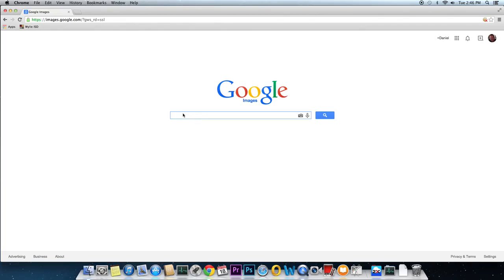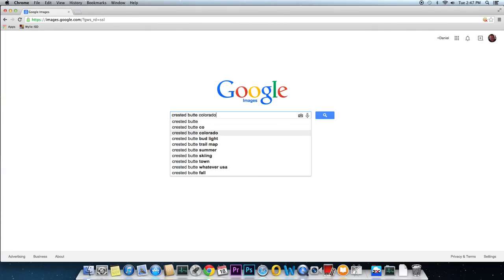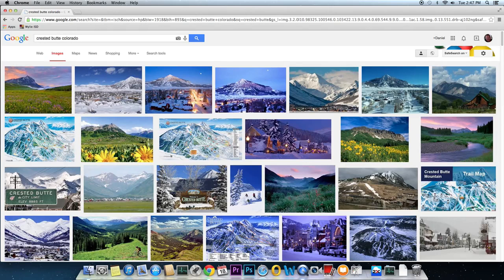internet. I'm going to do a Google Images search for Crested Butte, Colorado. That's my favorite vacation spot. Now, when the search results initially populate, what you see in front of you is a series of pictures. These pictures are collectively referred to as thumbnails, and they're small representations of the actual images themselves, which are usually